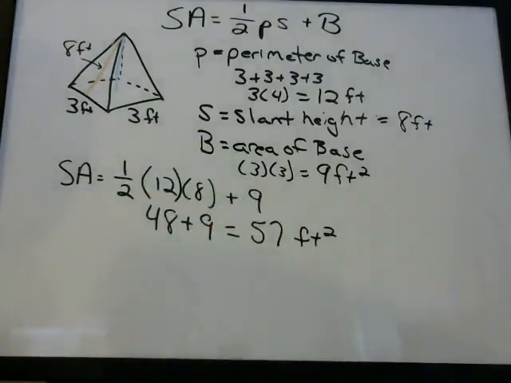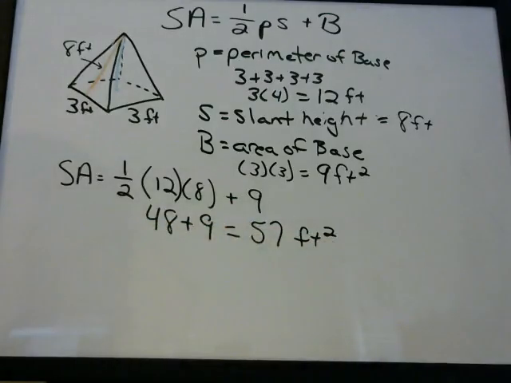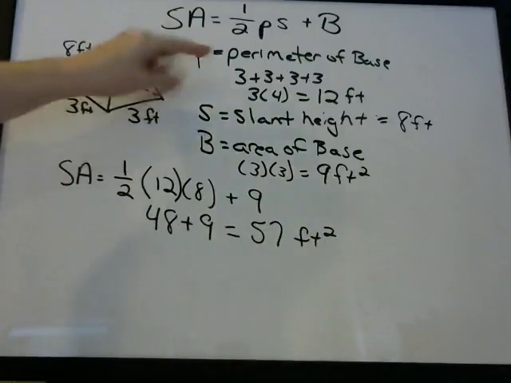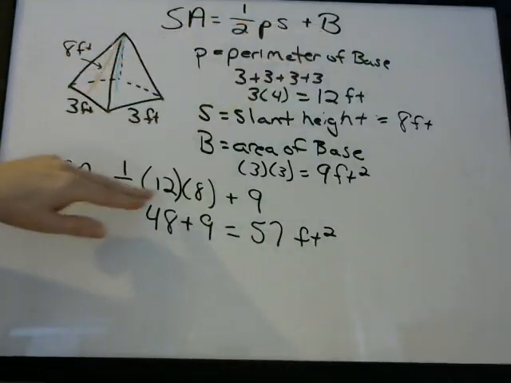Remember, this is an area problem, so your units are always going to be squared. So square feet, feet squared. So if you were given this pyramid and asked to find the surface area, this is how you would do it. You just figure out what is P, what is S, what is B, and then just plug those numbers